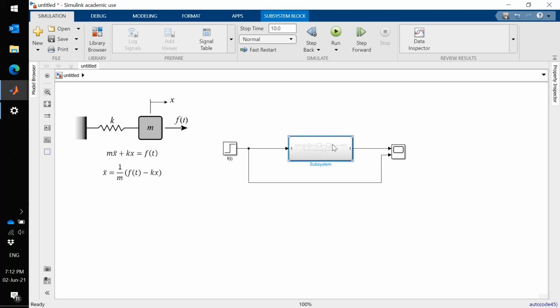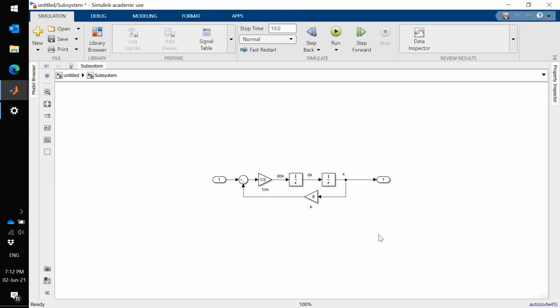You can see here a shadow image of what's inside this block. If you double click the block, it will take you to the inside, and what we have on the inside is the model of the system that I started with. One input and one output. You can name these. Click here, it's In1. I can name this as force, and the output, click,